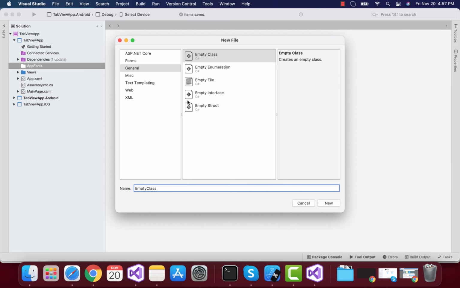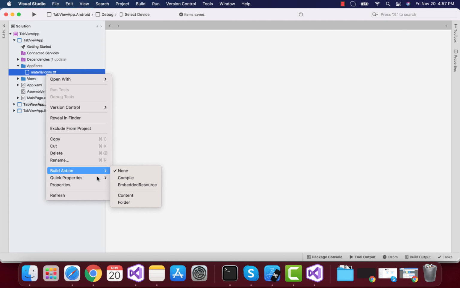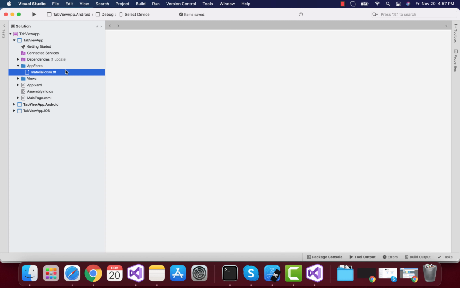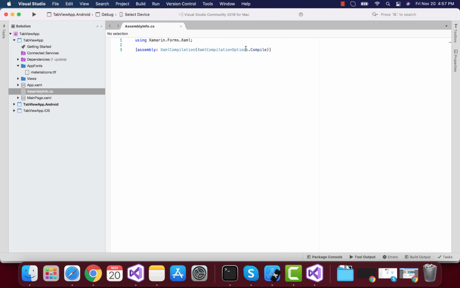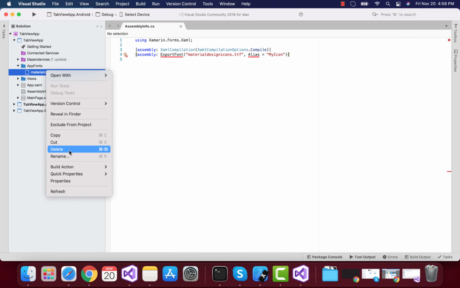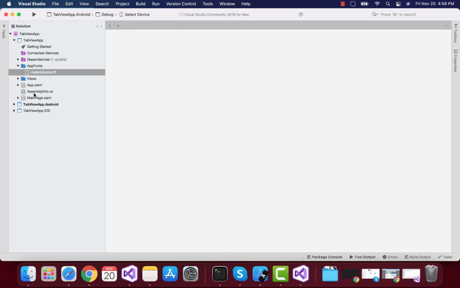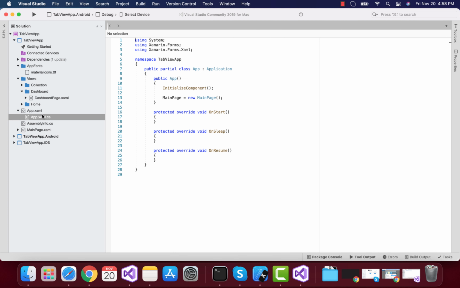Click on OK. I'll just cancel it. So here is the file. Now I'm going to change the build action to embedded resource, as we are going to use it. We are going to use our embedded fonts inside our Xamarin Forms project. Now I'm going to copy that file name. Then we are going to use the ExportFont attribute from Xamarin Forms. My icon is going to be used throughout our XAML pages, where we are going to call the icons.